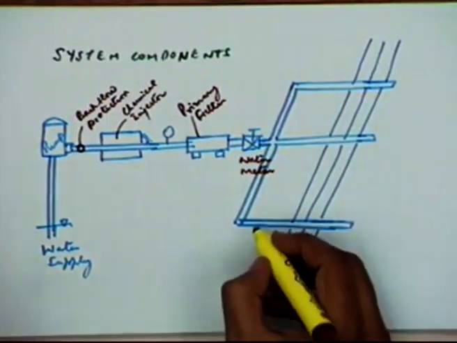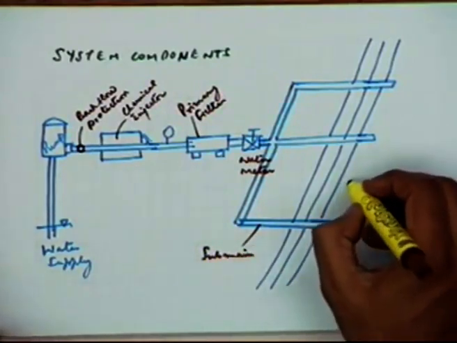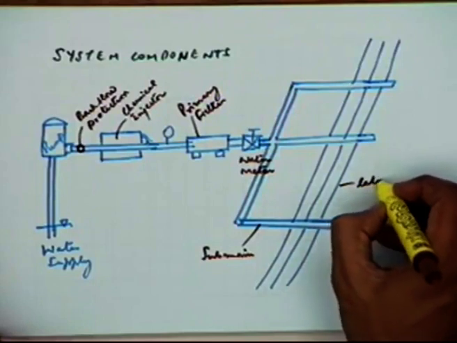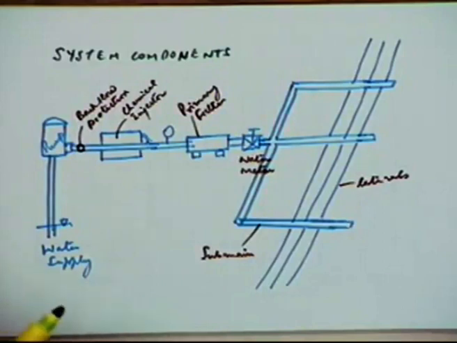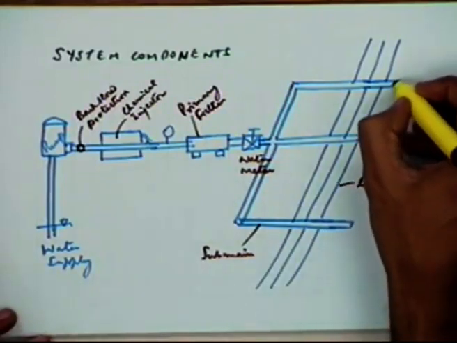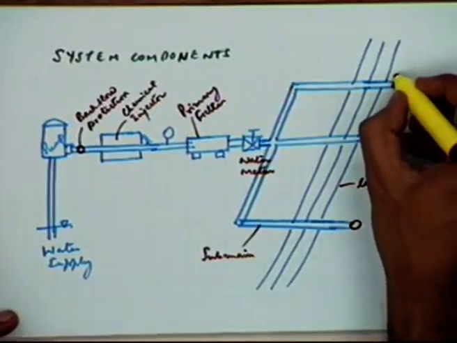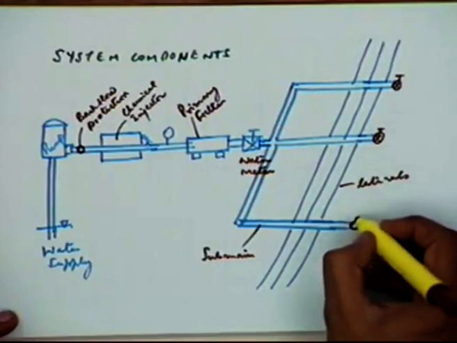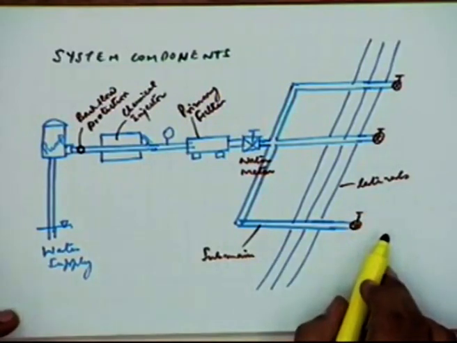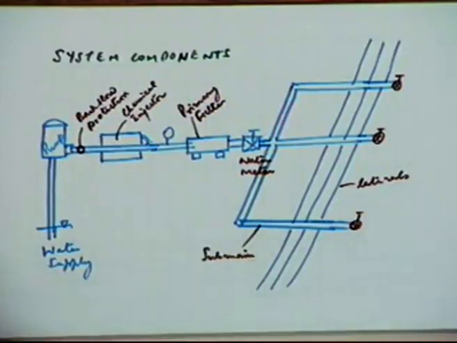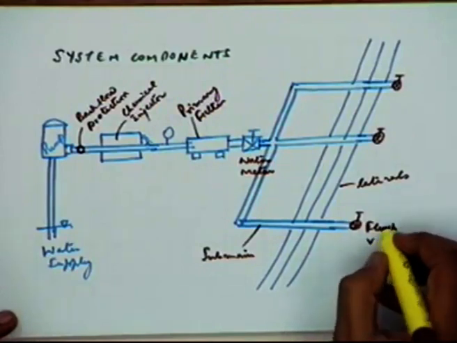So these are the submains, these are the laterals, and then at the end of each submain you might have some mechanism by which you can flush these submains at some interval, and these are the flush valves,